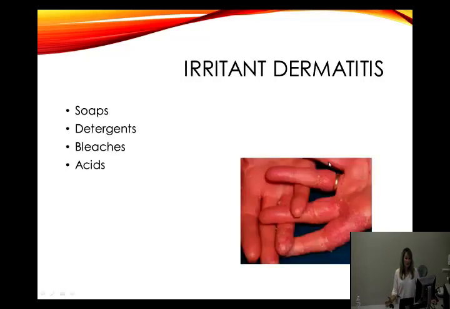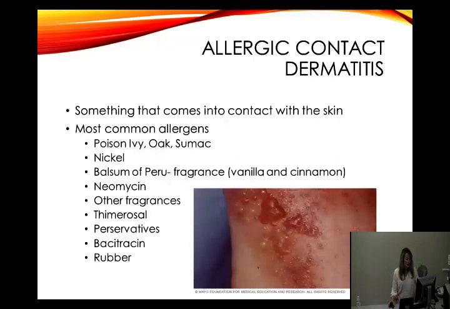So things that can cause irritant dermatitis are soaps, detergents, bleaches, acid. An allergic contact dermatitis is something that has come into contact with your skin. So most common allergens, you see it here in Wisconsin during the summer months, the poison ivy, oak, sumac, nickel, which is in our jewelry, in the back of the buttons of your jeans, balsam of Peru, which is a fragrance that a lot of people can become sensitive to,